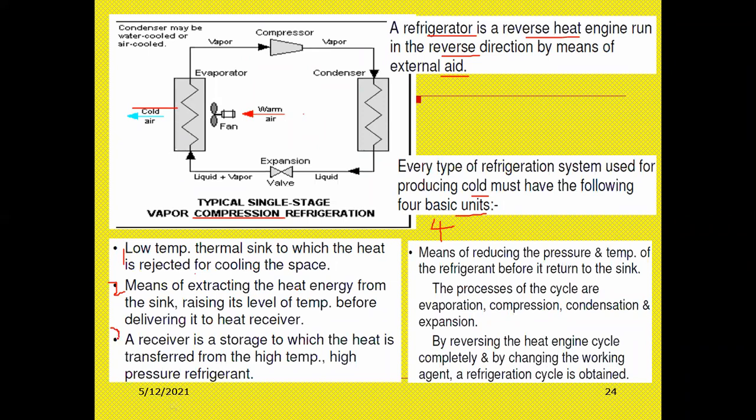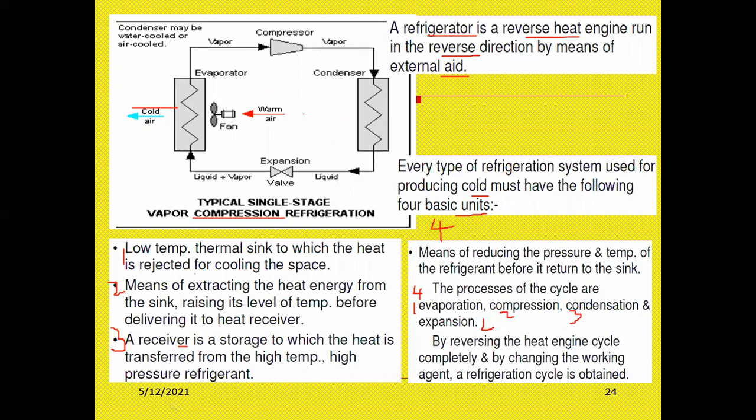Okay. Third unit, a receiver is a storage to which the heat is transferred from high temperature, high pressure refrigerant. So a receiver, third one, a heat receiver is a device which is used to store the energy coming from the extracting device. Next, fourth one, by the means of reducing the pressure and temperature of the refrigerant before it returns to the sink. Just one more cycle. The processes of the cycle are: first one is evaporation, second one is compression, third one condensation,